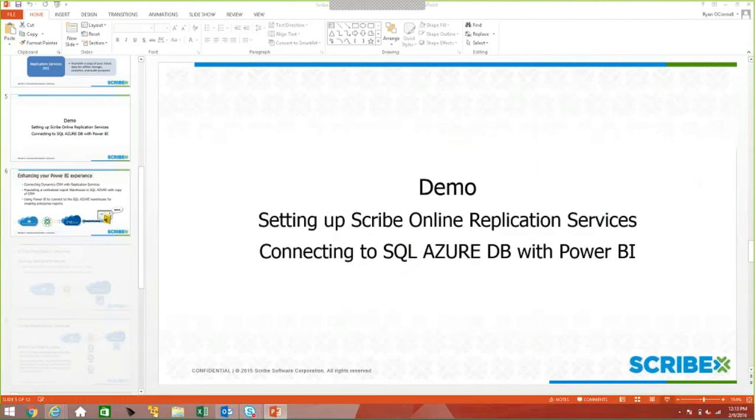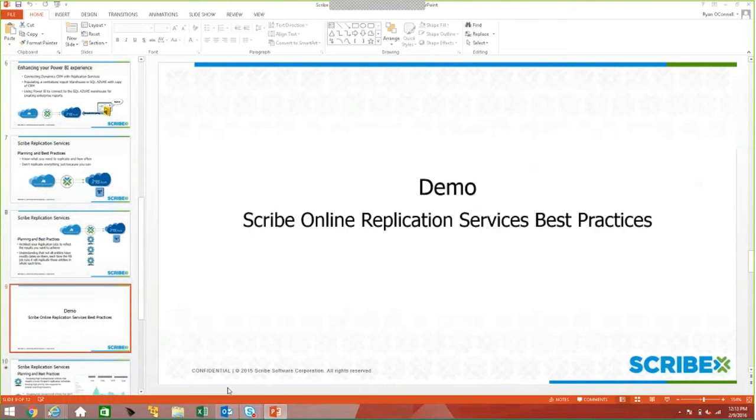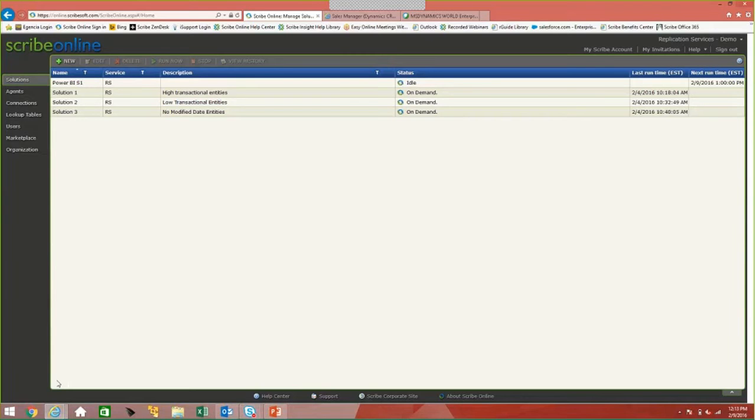So with that said, we're going to step back into the solution. Really what I have up here on the screen is a breakout of how those solutions can be put in place. And what I've done is I've broken them out based off of the planning that comes with designing the reports. So whereas we may have higher transactional entities or lower, and again, as I talked about before, with those entities that really don't have a modified date on them, you want to make sure that you separate them out,